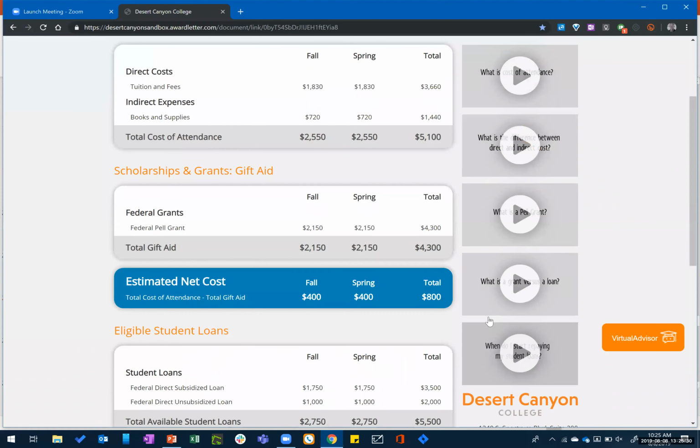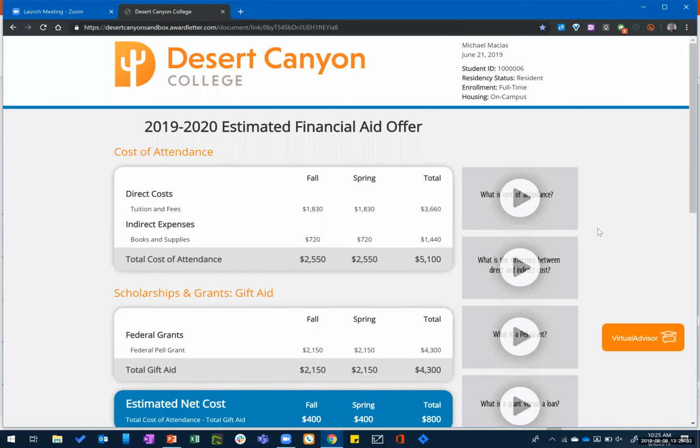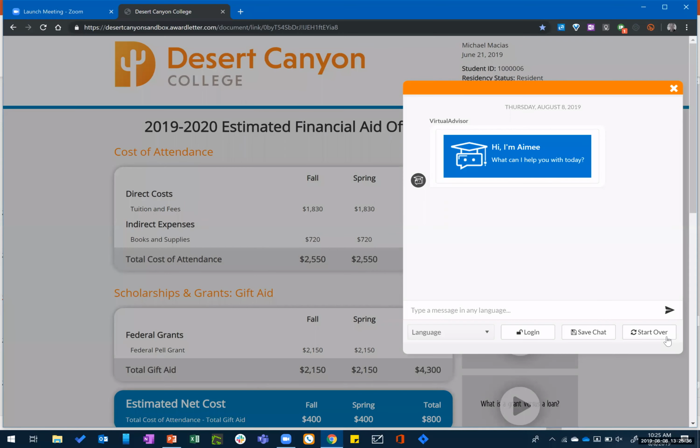Yes, there's a lot of great explanation here, including the ability to watch videos, et cetera. But furthermore, maybe I just want to open up the advisor and ask a question, right? So this could be after hours, this could be on a Sunday afternoon, this can be anywhere, anytime that I want.